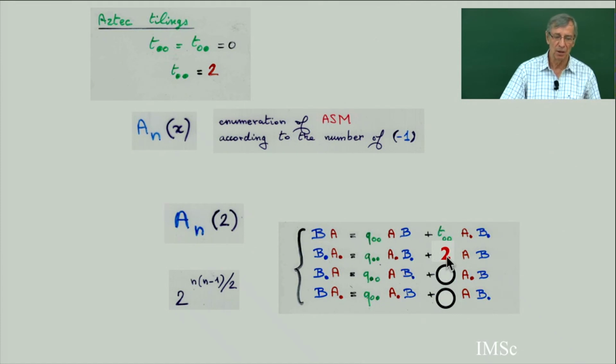Here there is a 2. If you keep the parameters, then this will give you an analog of the number of inversions. The q can be a number of inversions. There are two kinds of inversions possible. Usually, in the literature, we don't keep all the parameters; there are one or two parameters. There is some formula also. It's an analog of the inversion of a permutation. There is an inversion of alternate sign matrices. But here, this coefficient counts the number of -1.